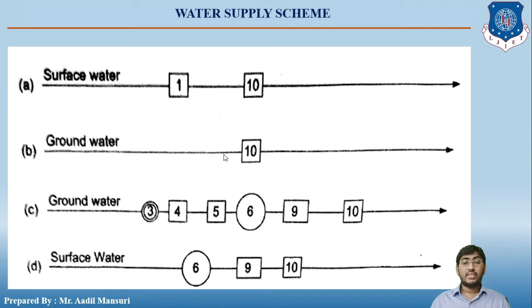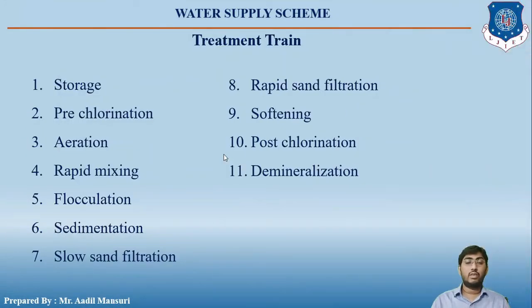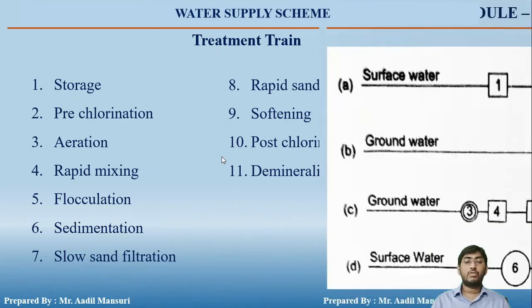Talking about case 2, where groundwater contains excessive iron, dissolved carbon dioxide and odorous gases, aeration followed by flocculation, that is rapid and slow mixing, and sedimentation, rapid gravity or pressure filtration and disinfection may be necessary, right? So you can see figure number 3, that is groundwater. So 3, 4, 5, 6, 9 and 10. So I had shown you the sequence, right? So 3 is aeration, rapid mixing, flocculation, right? So these are some of the treatments.